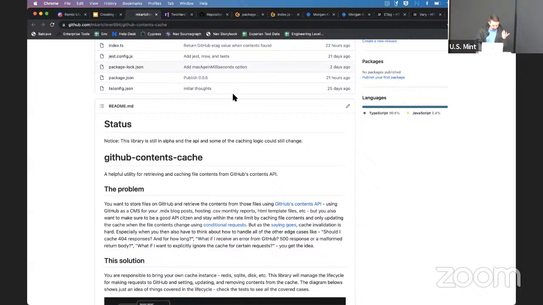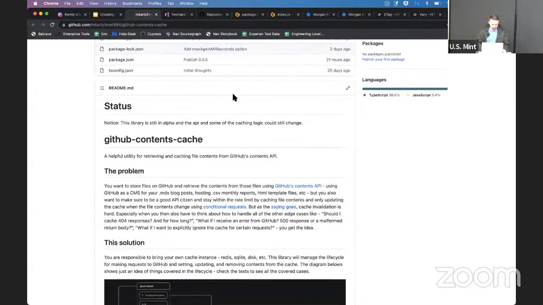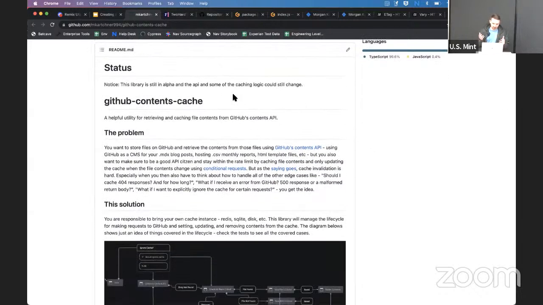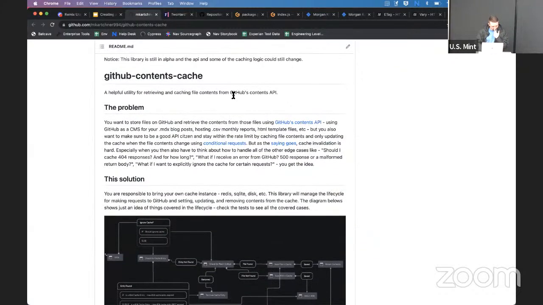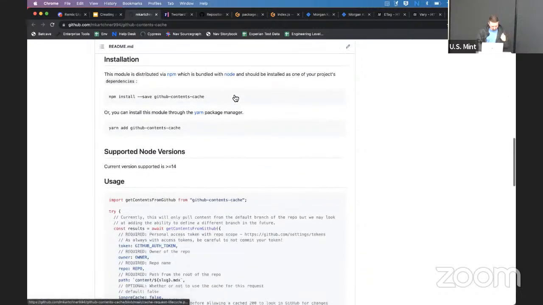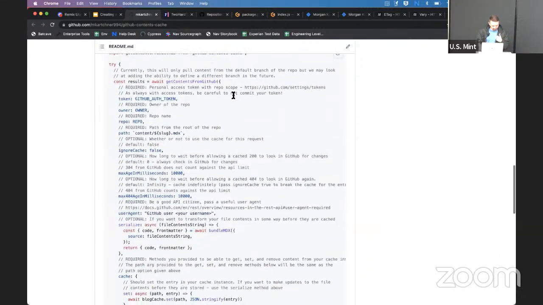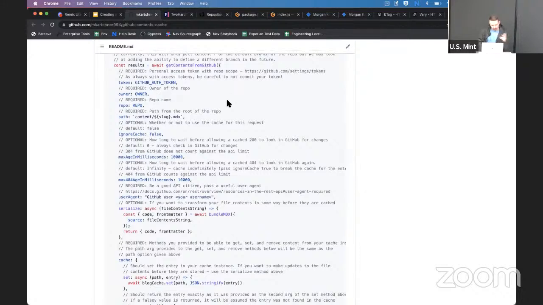This library, I'm still considering an alpha. Some of the API might change, but generally I think the caching logic is pretty good. If we just look at the API, this is what it looks like. You get your GitHub auth token, which owner, which repo, what path you want the content from.